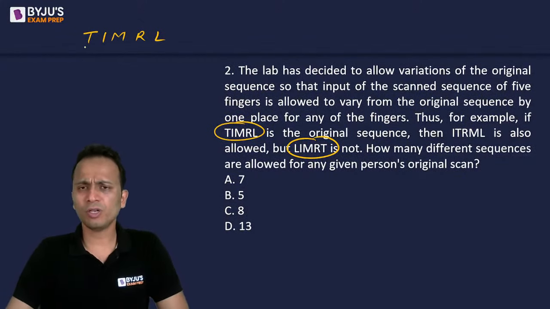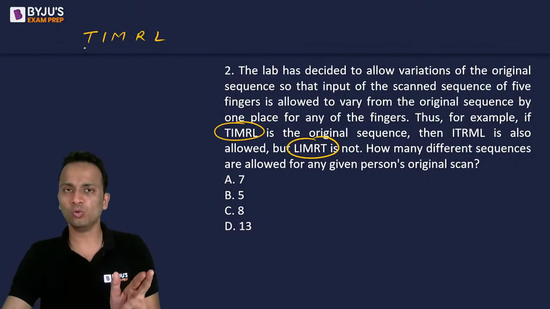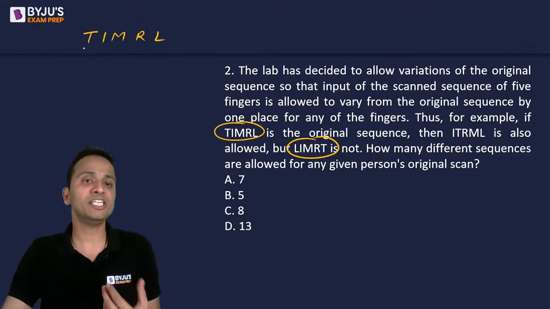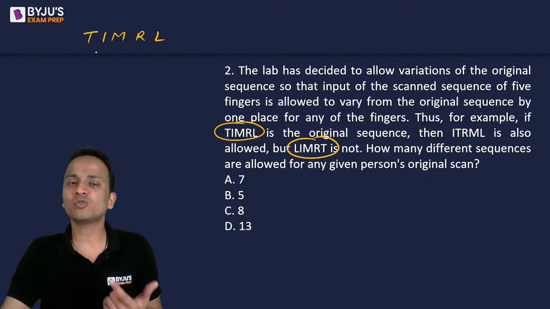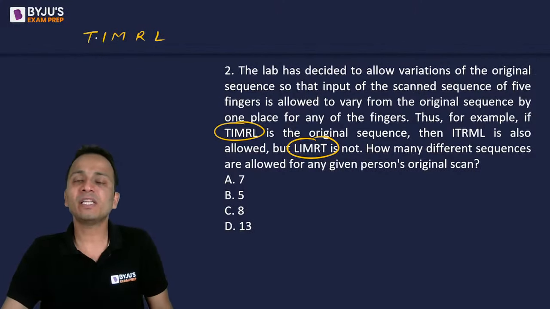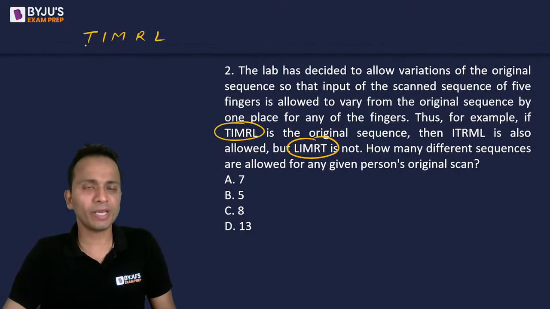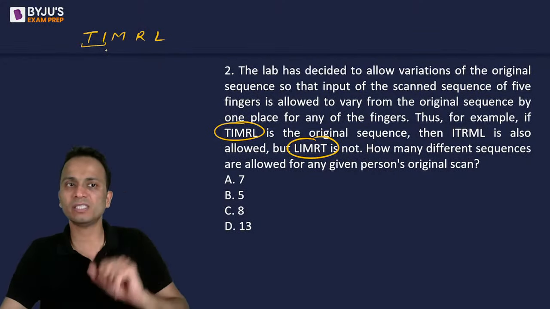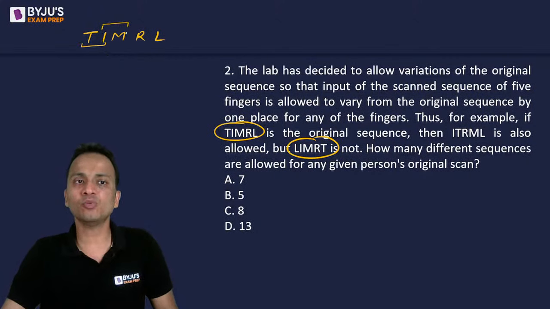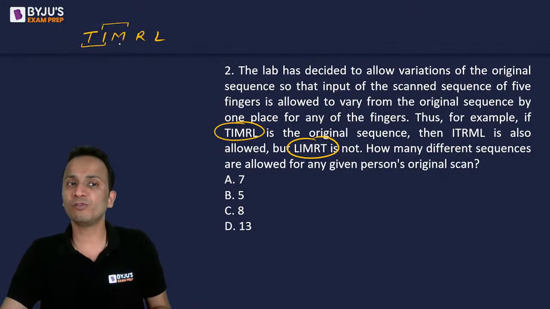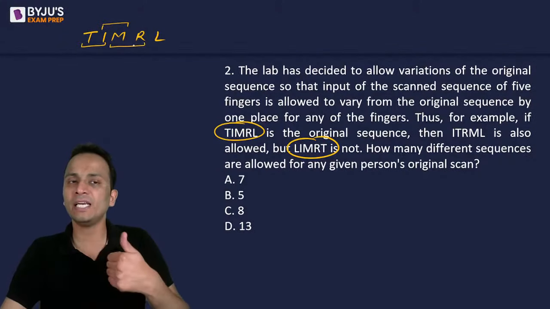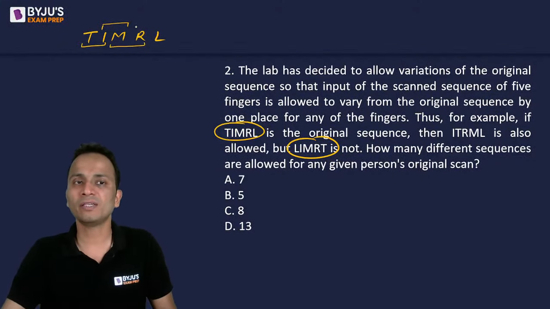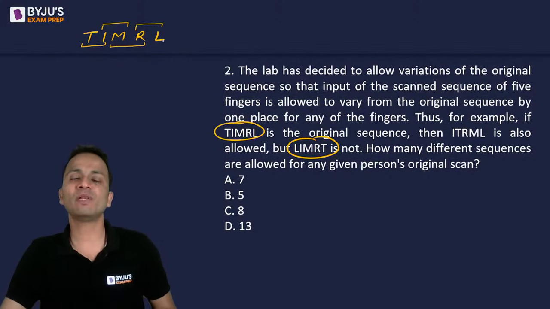So first of all, if any two will exchange their places, any two alphabets, मैं इनको alphabets बोल देता हूँ या scan बोल देता हूँ. Any two scans will interchange their places. That means they will have to be adjacent. Okay. So if I'll select these two, fine, this will give you one sequence. If I'll select these two and interchange them, this will give you one allowed sequence. All right. If I'll consider these two and interchange them, it will give you one. And if I'll select these two, it will give you one.